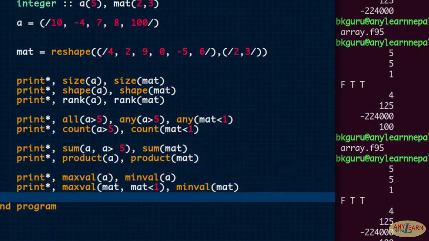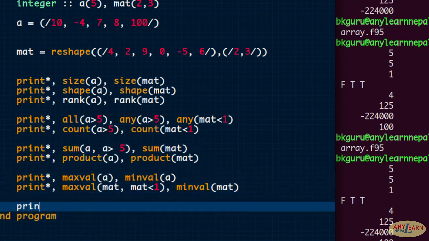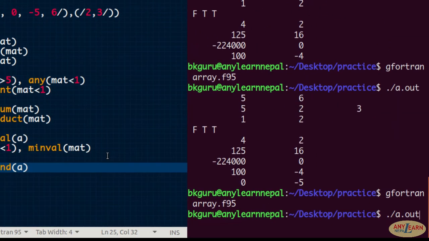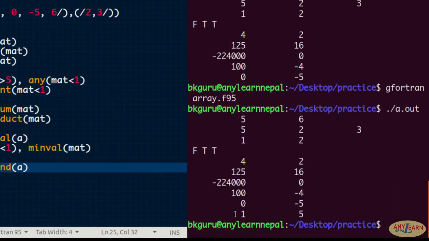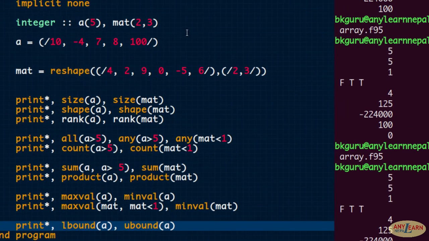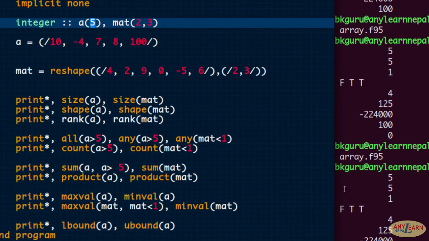Now 2 more intrinsic functions remaining. They are the lower bound and upper bound. So I will say lbound of A, and I will say ubound of A. So they are the bounds of the array, and if I run this, it says 1 and 5 because they are the extent. Array size 5 means first extent is 1, that is the lower bound, and maximum extent is 5, that is